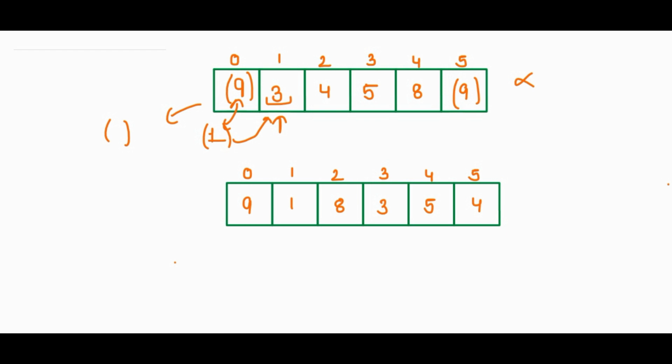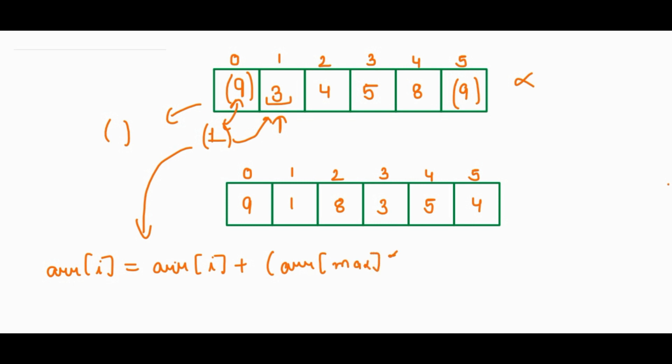Yes, we have one. So let's see what the logic is. So to integrate both of them, what we will do is we will use the multiplication and modulus part, right? Because that part makes it very easy to get some value or to integrate two values. Okay, so the logic that we will use is array of I, which is the value that is present there. So we will put there array of I plus array of max. I will tell you all the terms here, into, not into, modulus, max element,